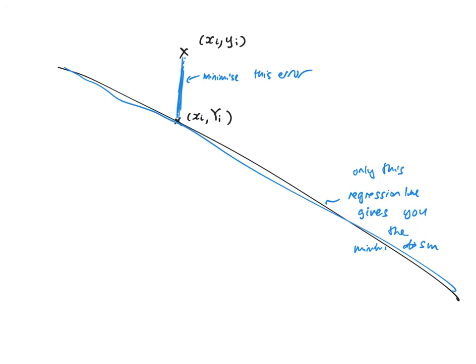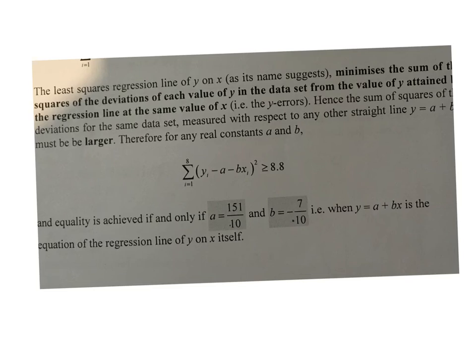Okay, this sum here, if you add up, presents us a solution: the least squares line of y on x, as the name suggests, minimizes the sum of the squares of the deviation of each y value in the data set from the value of y attained for the same value of x, like how I showed it in the diagram earlier. So the sum of squares for the same data set with respect to any other straight line must be larger. So basically, just now we have already found